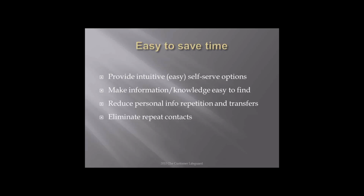Quite often at the end of a call, the agent will say, is there anything else I can help you with? And if you don't think of anything, you'll say, no, that was great, and away I go. And then 5 minutes later, I think, oh, I should have asked them about this. Having advisors, agents trained in ways that they might want to ask one more question. It might be 2 questions,